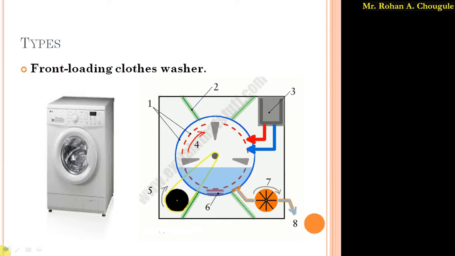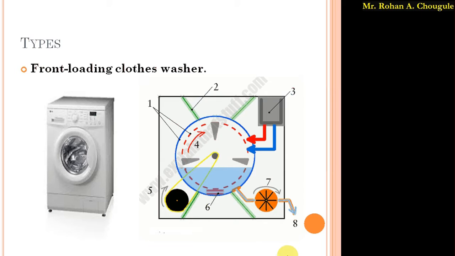Here I have shown two pictures of the front loading washing machine. Generally we get this washing machine in the market. If we ask for a washing machine, we'll get this type of washing machine. On the right side I have one image which shows how the parts are placed inside this washing machine. From outside it seems very simple, but from the inner side it has n number of mechanisms used.